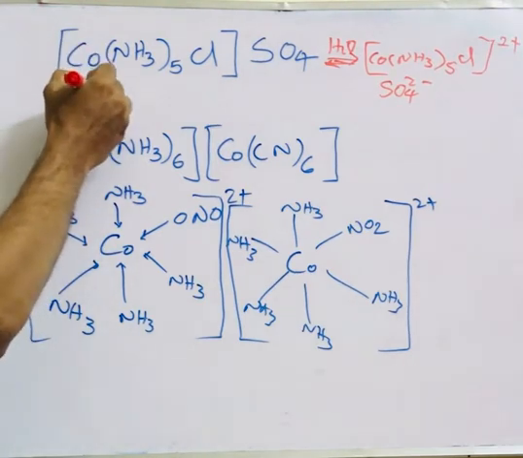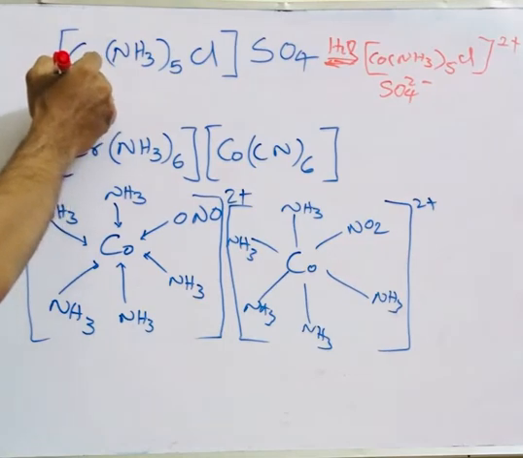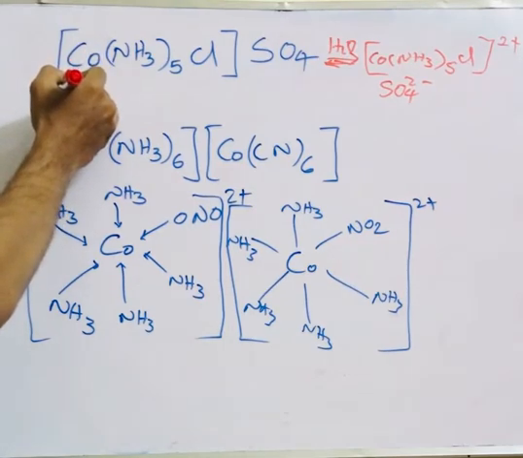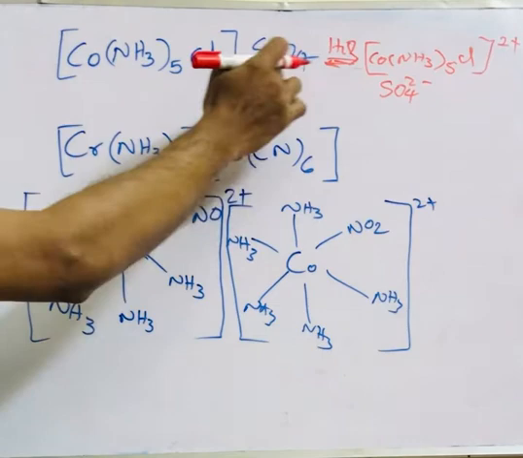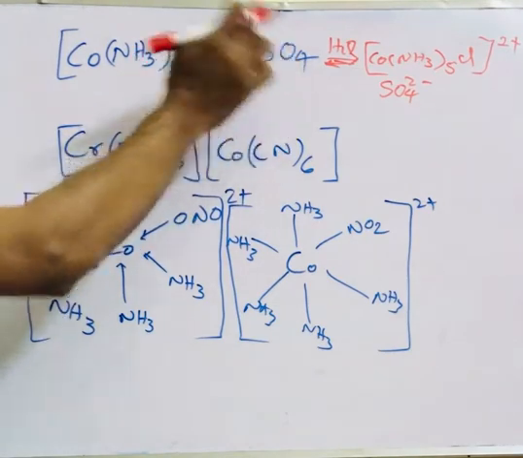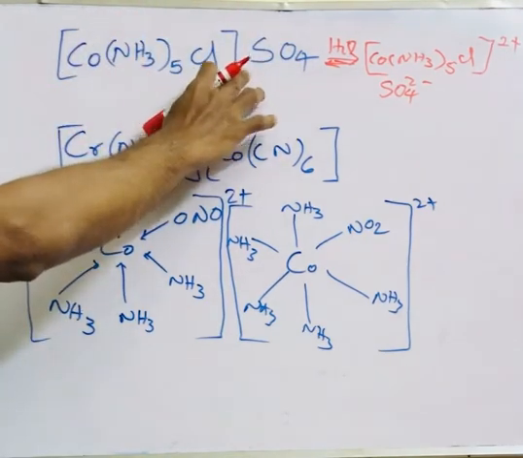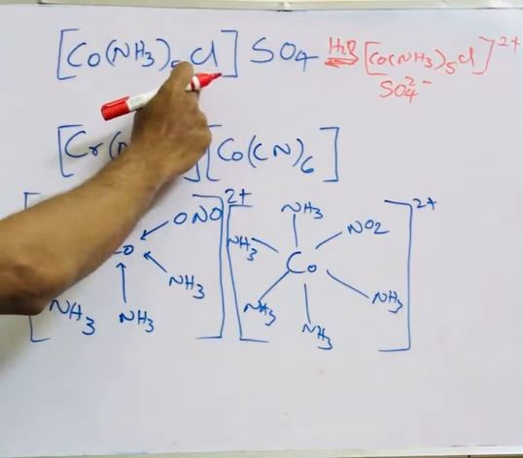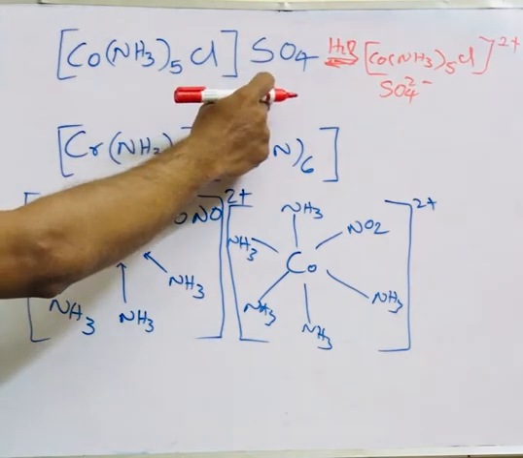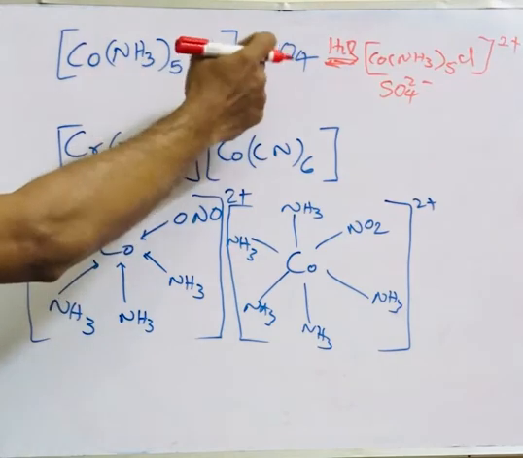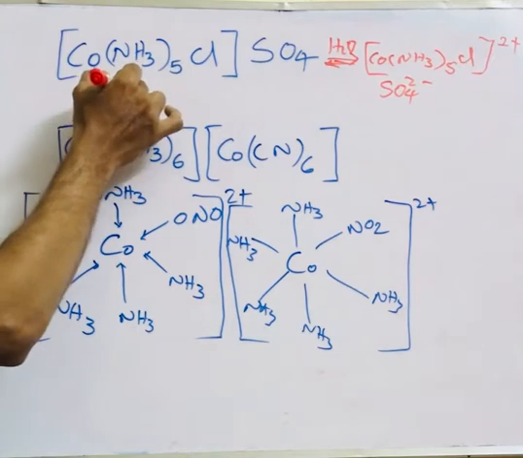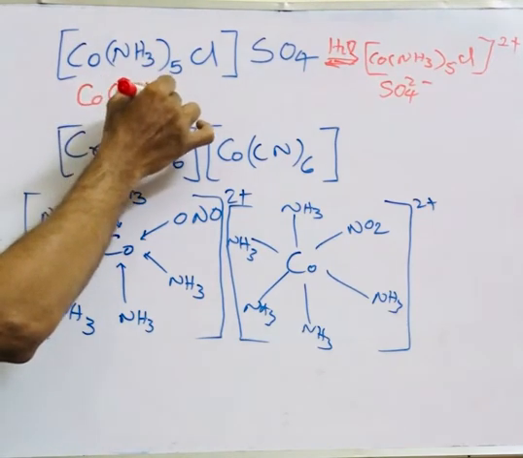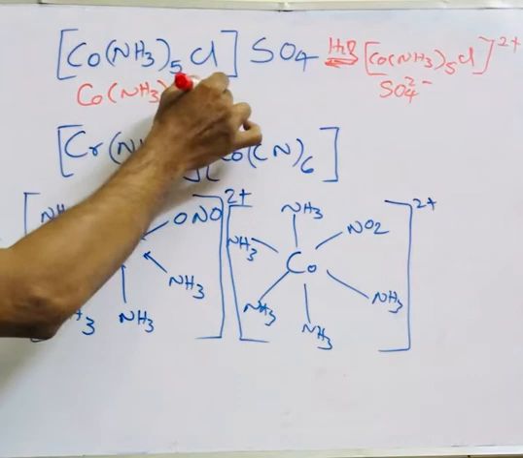If I write another one, so ionization isomers are the ones which differ in the ions. That means the counter ions will be different. Here you see SO4 2 minus is the counter ion. Next case we can write Cl is the counter ion. That means there is exchange of ion from the coordination cell to the counter cell. So Cl comes here, SO4 goes here, then I can write another isomer, Co(NH3)5SO4